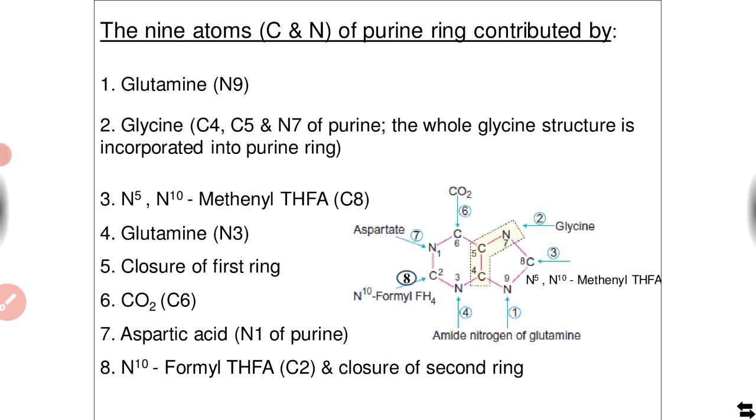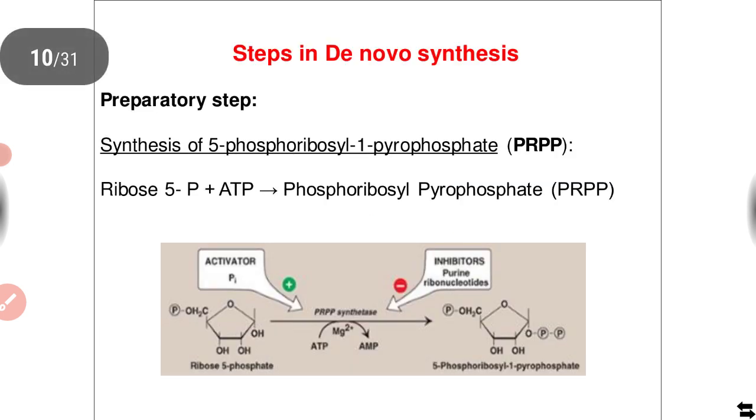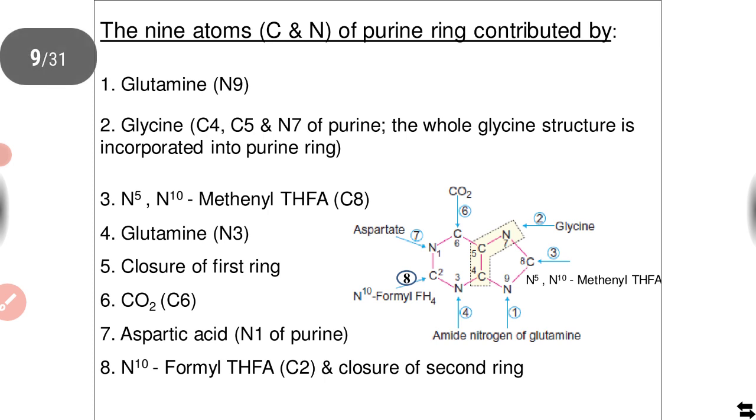Okay. So now you have an idea about how the purine ring is synthesized, in which direction, and what the donors of the purine ring are. So what are the donors who donate the atoms of the purine ring? It is 3 amino acids, which are glutamine, glycine and aspartate, and 2 one carbon groups, that is N10 formyl tetrahydrofolic acid and N5,N10 methenyl tetrahydrofolic acid, and carbon dioxide. So these are the donor compounds for the synthesis of purine atoms.